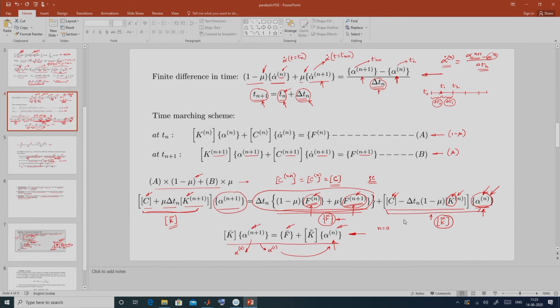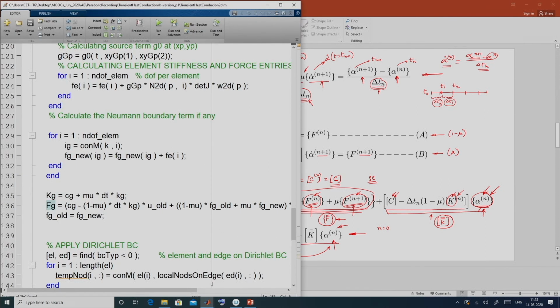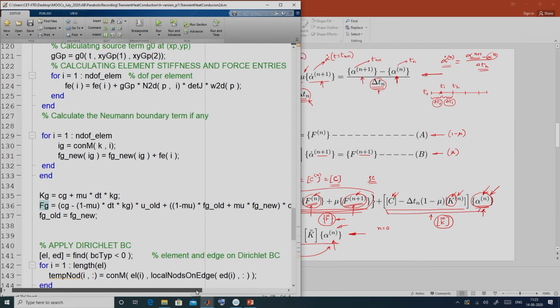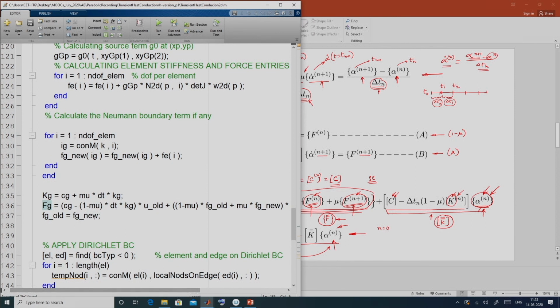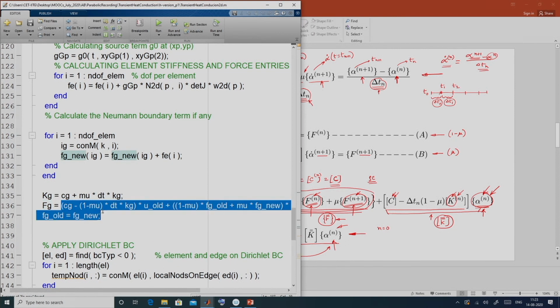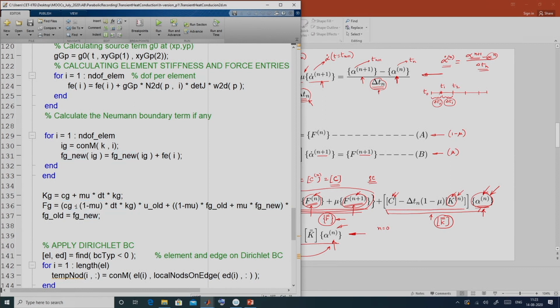The next second term here is c minus delta t into 1 minus mu into k at n. In the code, let me show you this part. Here is the term: c minus 1 minus mu into delta t into kg, into the old solution. That is the second term in the right hand side.